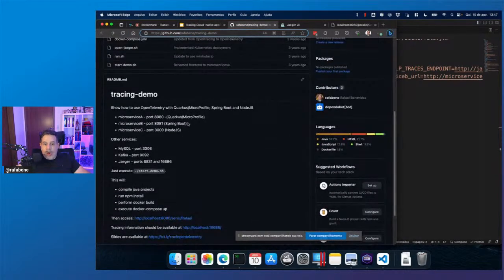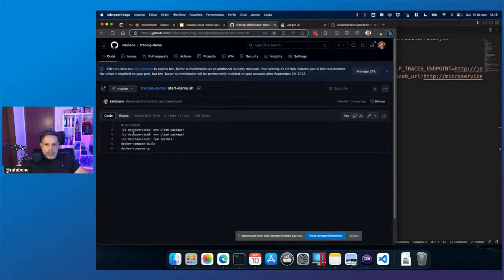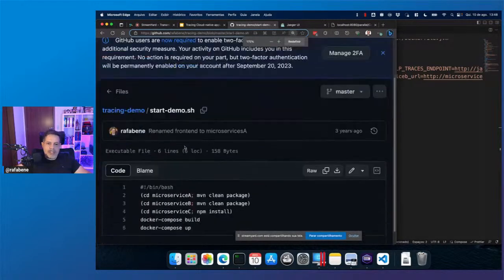And it's also really easy to play with this demo because you just need to call this script that will perform a Maven clean in the Java. Let me increase the font size.